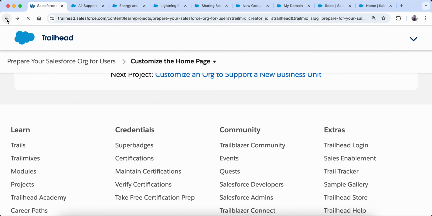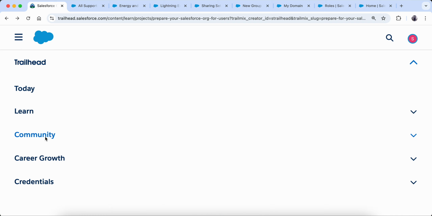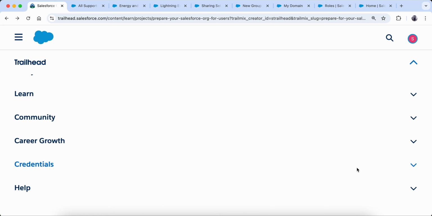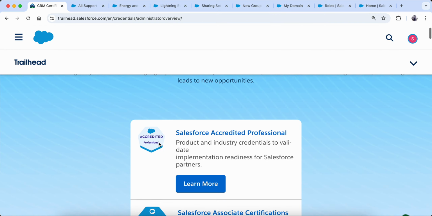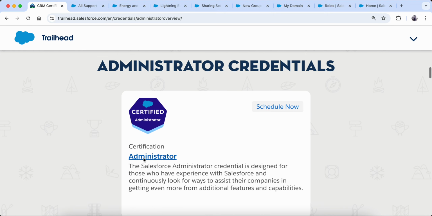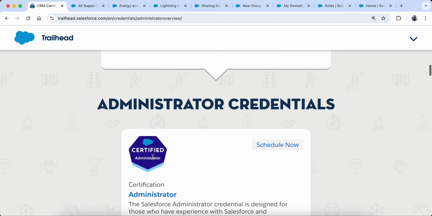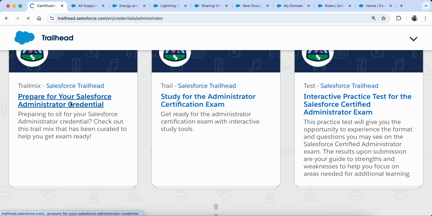I'm going to explain a little bit what it looks like and how. Okay, so I think I just missed my path. This is something which happens to me a lot when I use Trailhead. Sometimes I miss my path, but that's okay. So I'm going to go into Administrator again. As you can see, they have changed their UI a little bit. It just got changed recently.